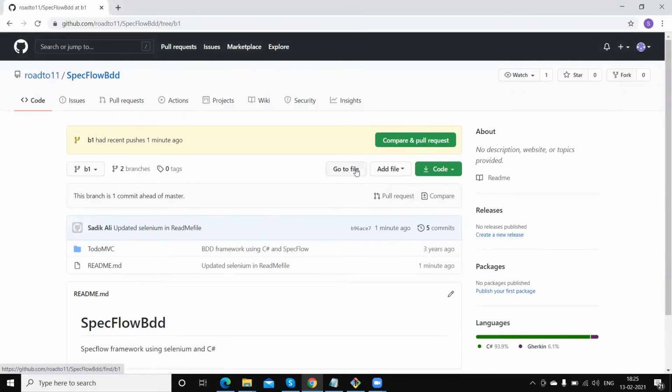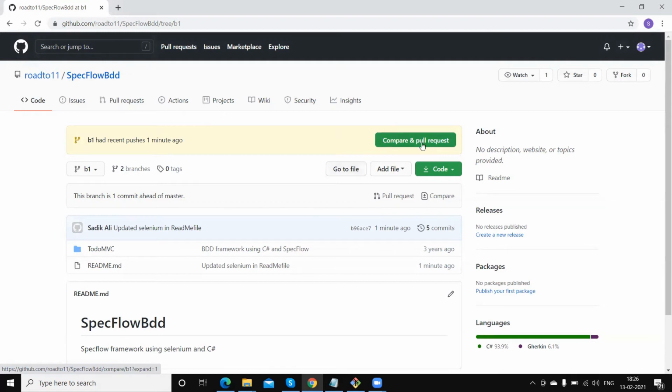Now we need to send the pull request to merge this code into the master branch. Generally, when we have multiple developers working on different features, first they will complete their features and commit the code in the corresponding feature branch. Once his feature is completed, he will push that code and send the pull request to the master. When he creates the pull request, it means he has completed his feature, and other developers can review the code and merge it into the master.